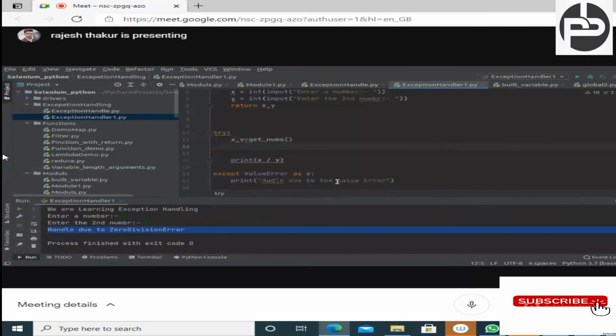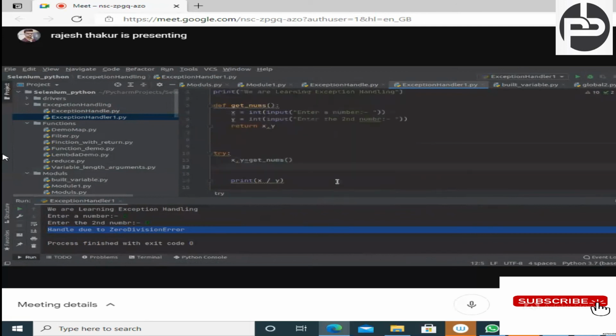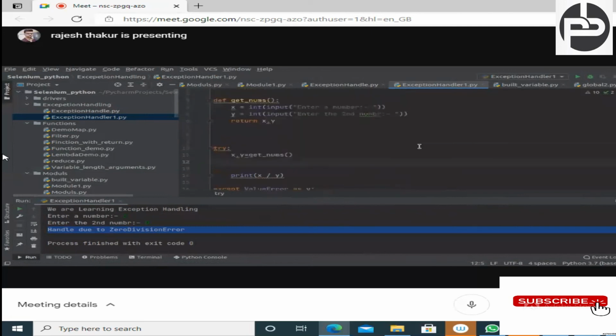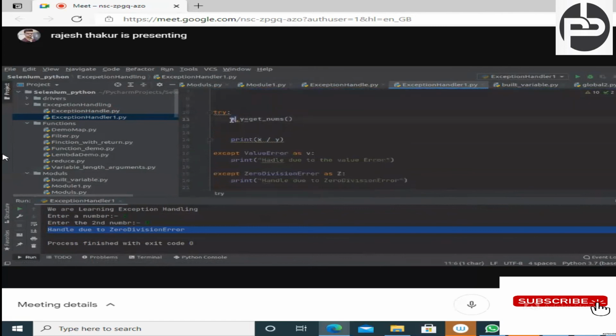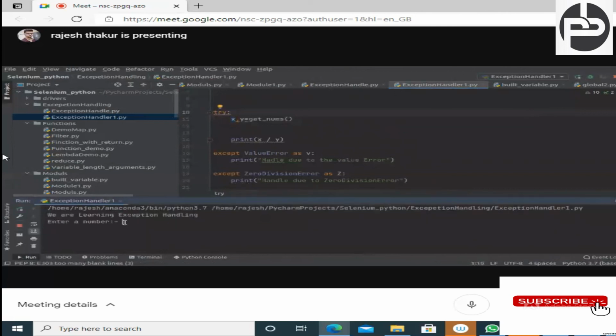Understandable? Now just try to be focused here. So we did the same thing. Edwin, are you able to understand what we did? You were saying it is dependent on these functions now, right? And now we are going to call that variable here. I'm going to call this, and this function internally calls this function, right? And here I am passing enter a number. I'm passing 3, and here I'm passing Rajesh.